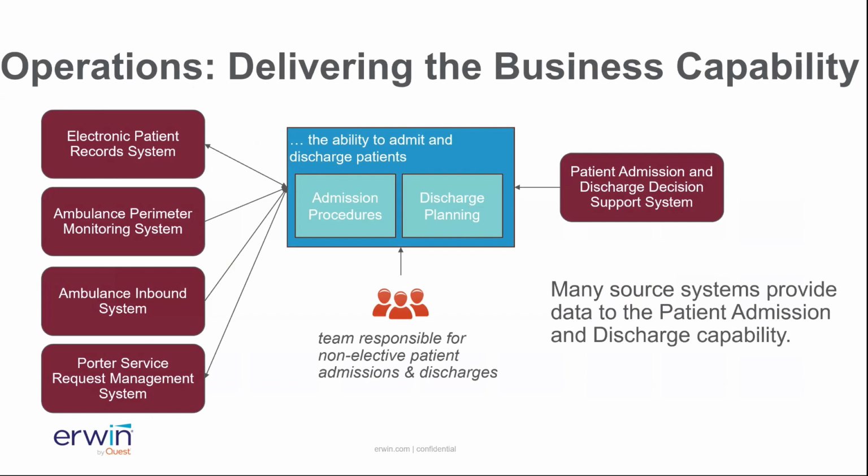So here we have the capability to admit and discharge patients. And to do that, we need data from all kinds of areas. So we need to know what patients we have in the organization, if there's any ambulances arriving, whether there's patients in transfer between wards in beds and wards in the hospital. And we also need to know if there are free beds coming up and where they are in the hospital to do this sort of real-time admission of non-elective patients.